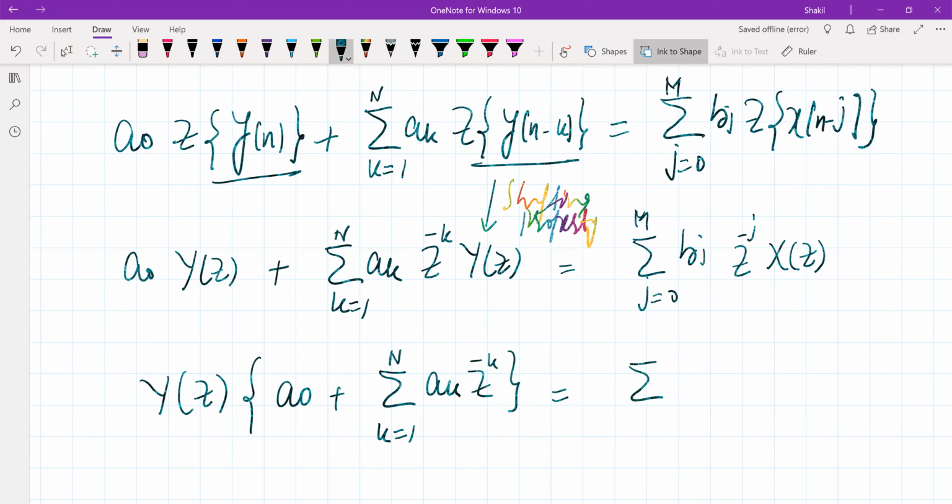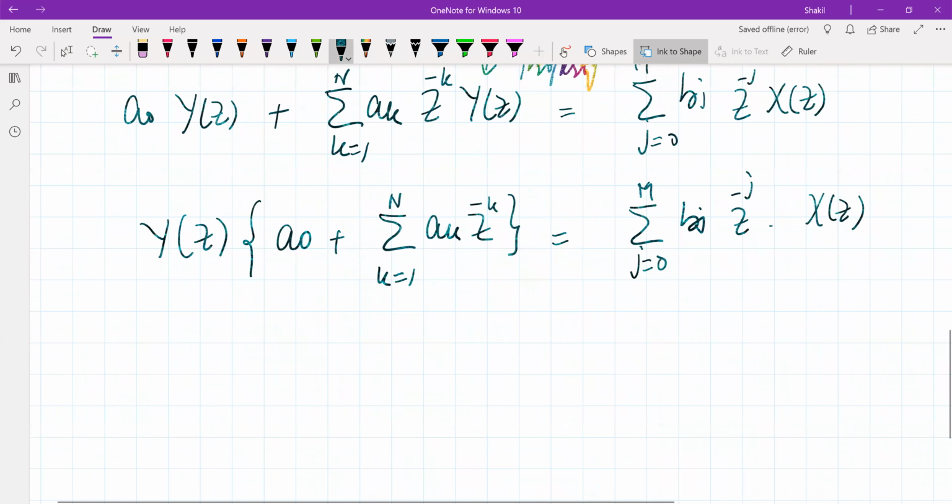This will be summation j running from 0 to n, b_j z to the power minus j, and if I write X(z) like this, so this is the z transform of this difference equation. Now if I write Y(z), which is the output, by X(z), dividing both sides by X(z),